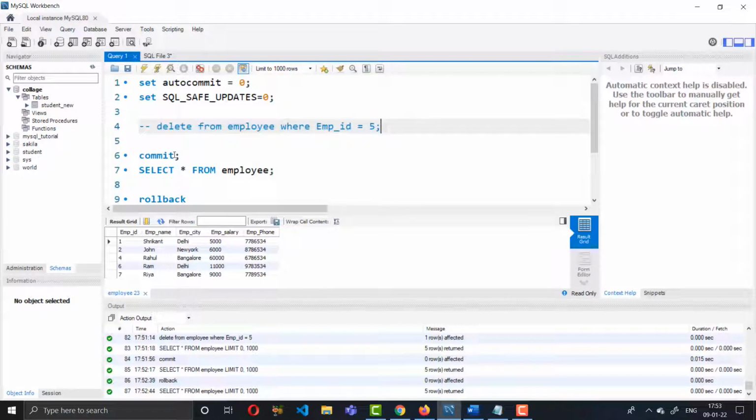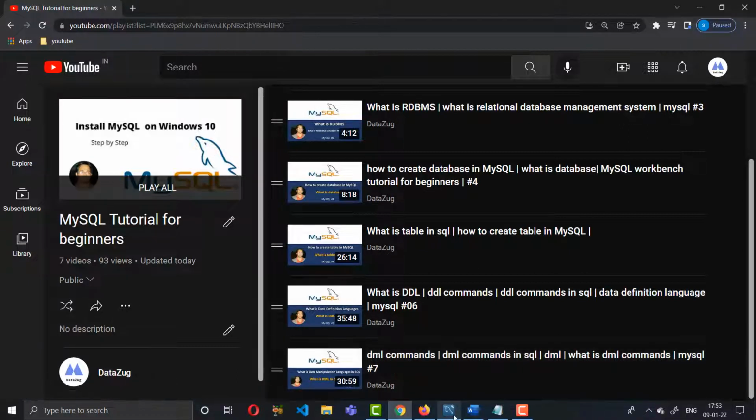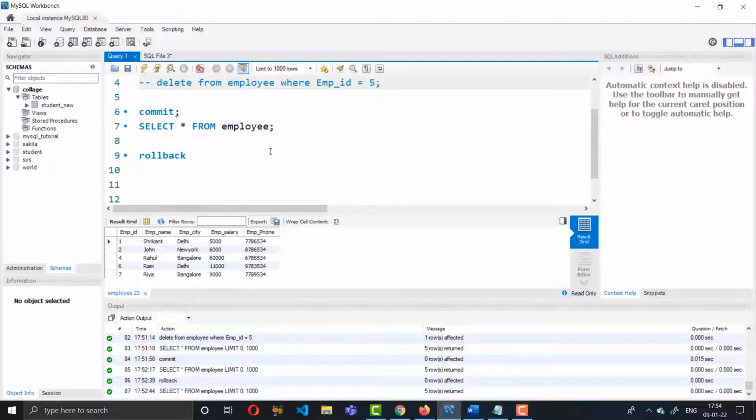So play with it, and if you watch this video, I have explained how to update your tables in video number 7. From my side, this will be an assignment for you. Use update, and try to insert more data in the employee table, and use commit. Before committing the data, do a rollback, and after the rollback do a commit, and see how the information comes in your employee table, and do rollback. So you will get the real idea of how commit and rollback work.